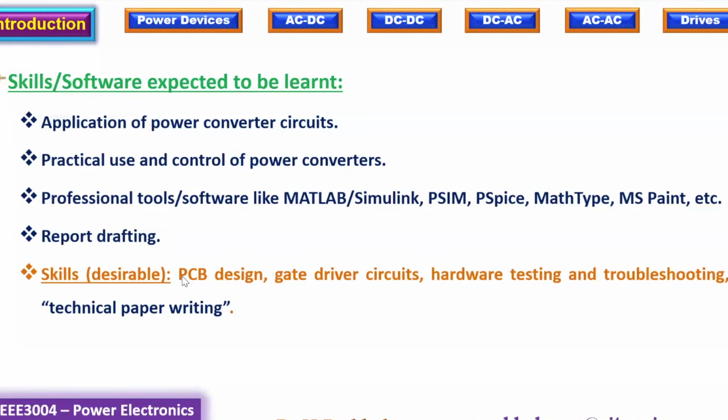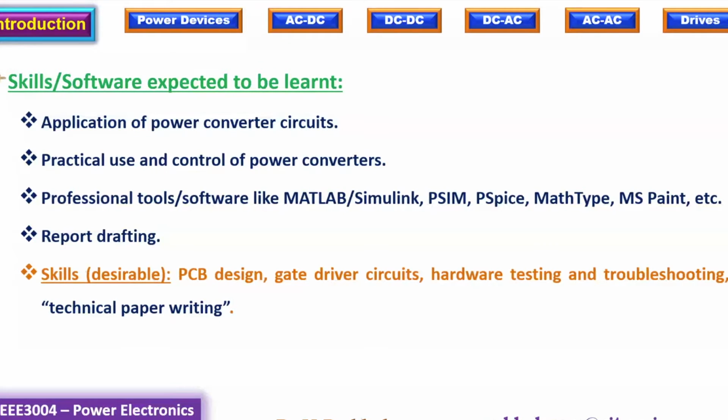Now, additional skills are, of course, desirable ones. Again, the situation I do not know. Anyway, you have plenty of time. When you come back to campus, probably during the next semester, you can still acquire the remaining skills that are put up. PCB design: how do you make sure that a certain amount of current flows through a given path? That is where the thickness of track, what material you are going to use, how many layers you are going to use in a PCB, things like that will be helpful.